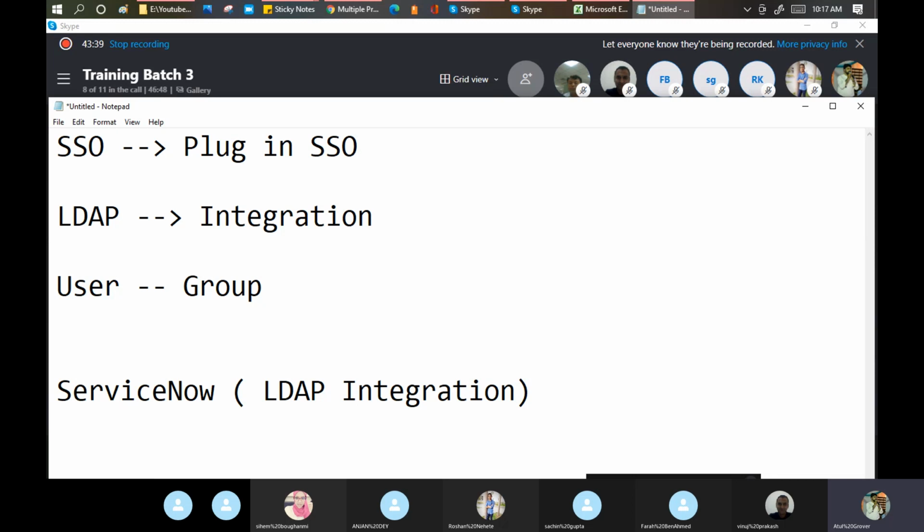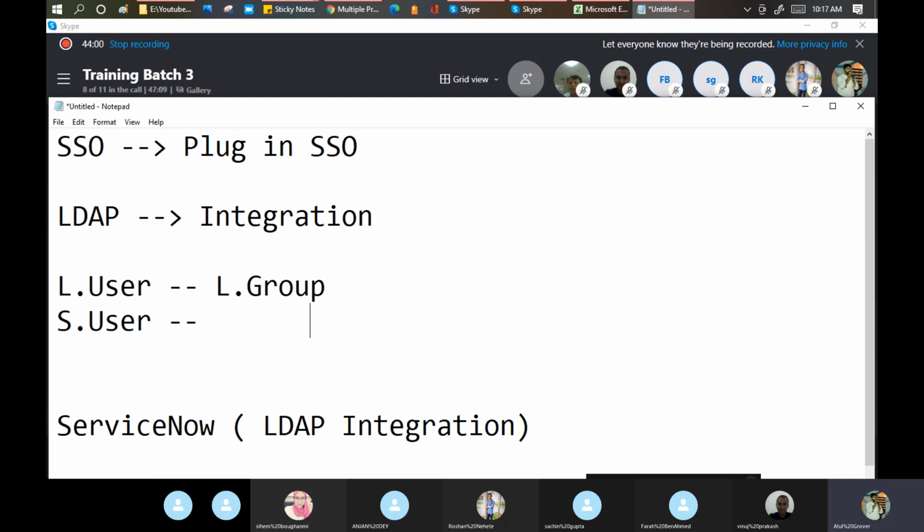We know how to do the integration. Let me tell you. Suppose I put L.user. It means I'm referring to the LDAP tool and the user table. Now L.group. It means the LDAP tool and the group table.